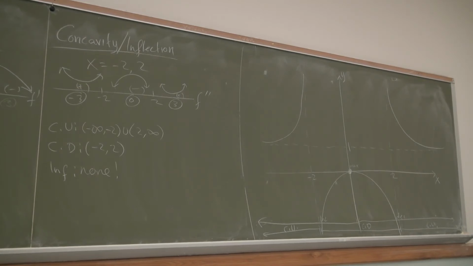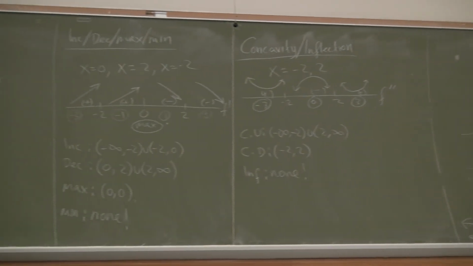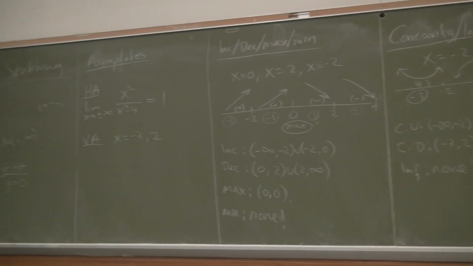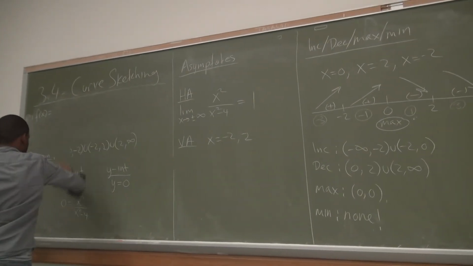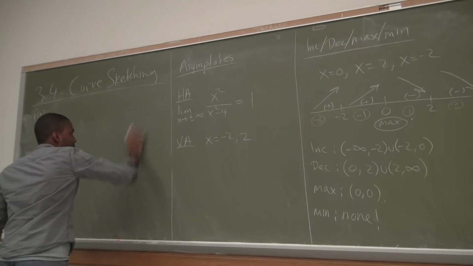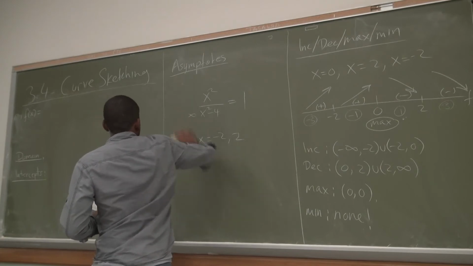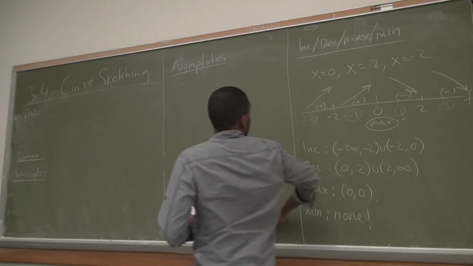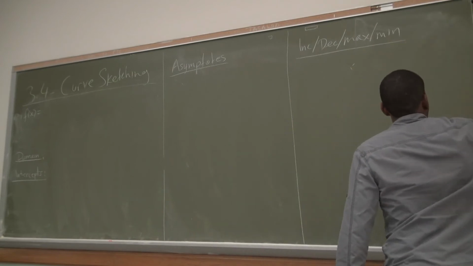Let's do B. Let's see if we can get through B. B is slightly different. The top is the x squared. The horizontal asymptote changes, so the horizontal asymptote is going to be different. It's going to be 0. The vertical asymptotes will also be different. Okay, let's try to get through